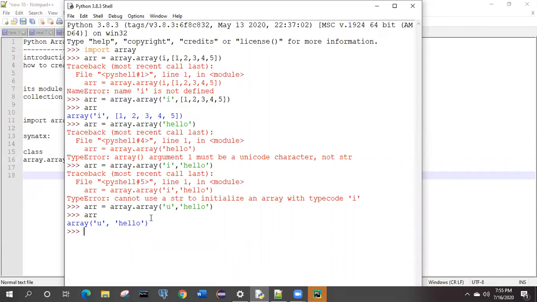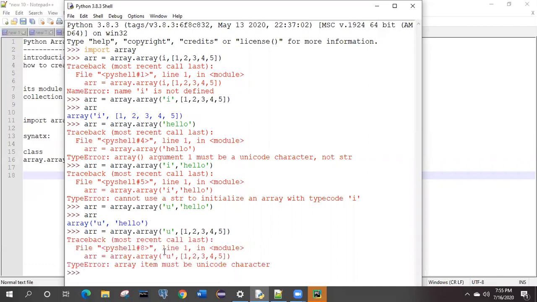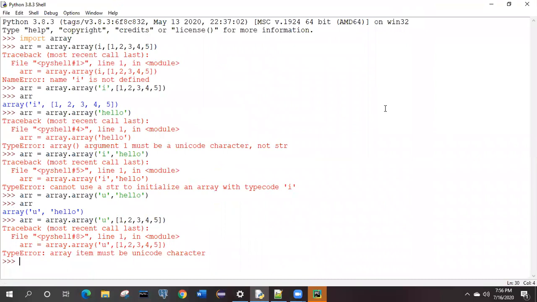We will now check the previous one which was working with the I. Now we need to check this with the U, whether it is working or not. No, it is not working. Why? There is some logic behind this, right? So for the integers, I was successfully working. For U, it is not working. For string values, U is working, I is not working. So how can we verify it and what actually is this?